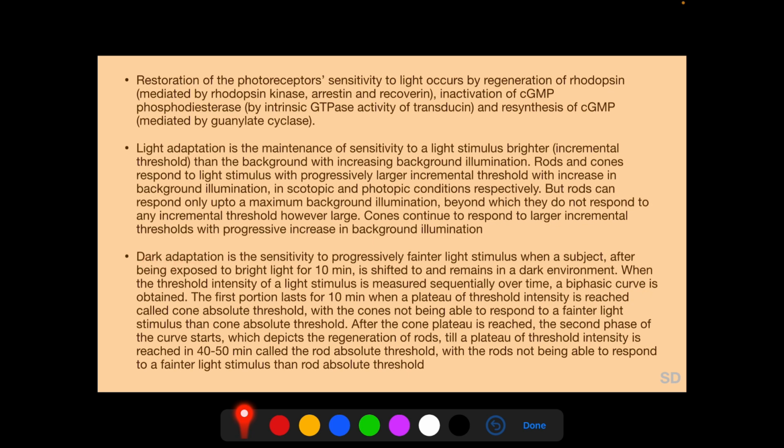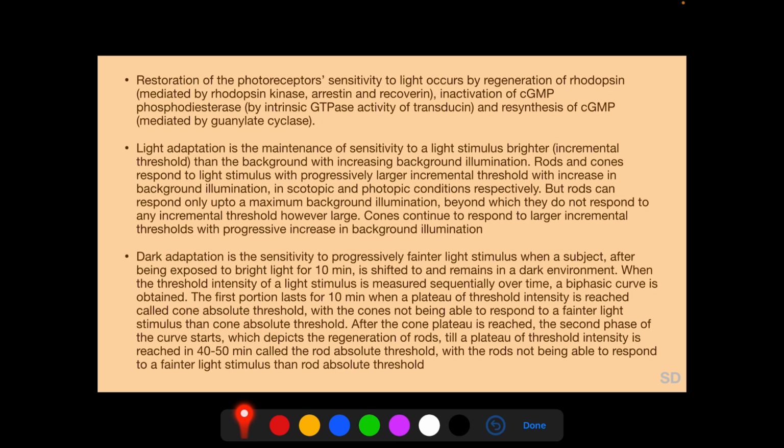Dark adaptation is the sensitivity to progressively fainter light stimulus when a subject, after being exposed to bright light for 10 minutes, is shifted to and remains in a dark environment. When the threshold intensity of a light stimulus is measured sequentially over time in this dark environment, a biphasic curve is obtained. The first portion of this curve lasts for 10 minutes when a plateau threshold intensity is reached, called the cone absolute threshold,